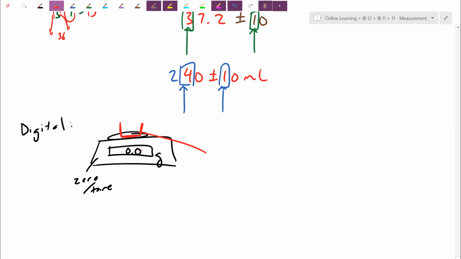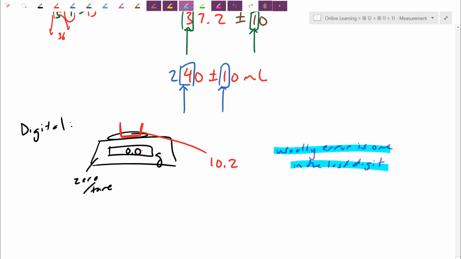Let's say this scale reads 10.2. What you might find is when you have that equipment on the balance, you might find a slight flickering of this number. So I might say 10.2. If that's steady, usually our error is 1 in the last digit. So earlier for analog instruments, we said error is half the unnumbered division. For a digital instrument, we don't need a half, we don't need a 5, we're just going to use 1. If this number is staying constant at 10.2, there's no flickering at all, I can just say 10.2